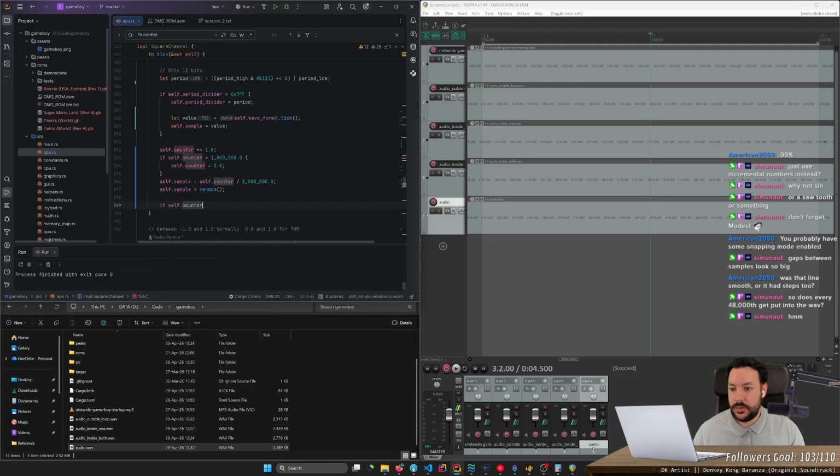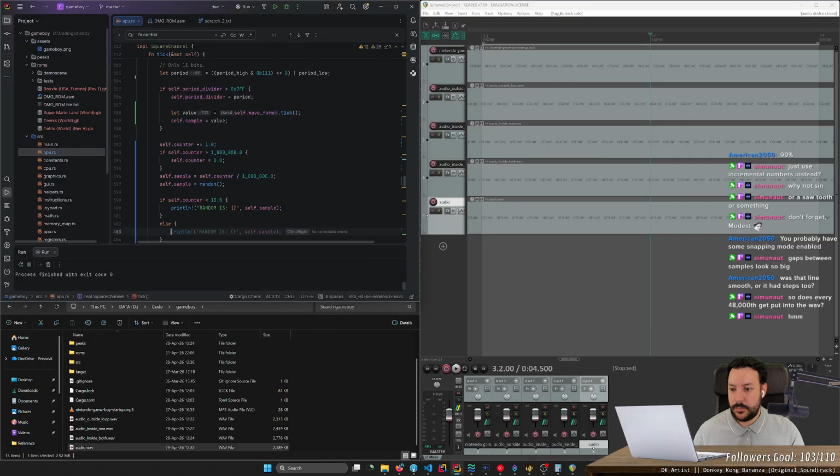If self.counter is less than 10, print random is... Come on, we can do this. Self.sample. What's wrong with this? Oh. Else. Panic.